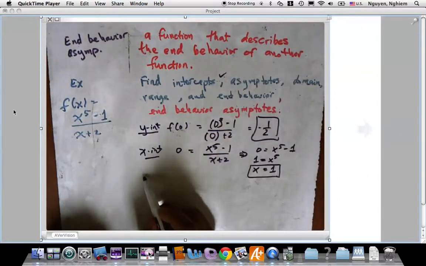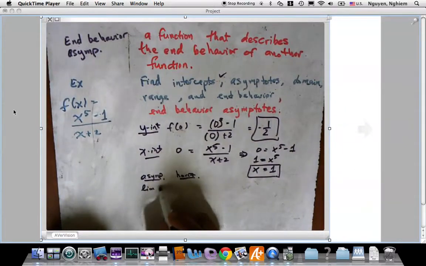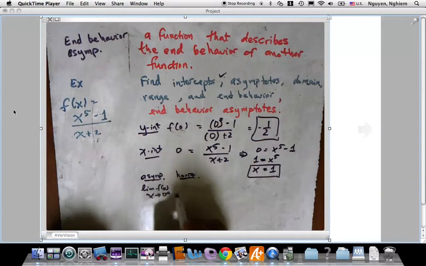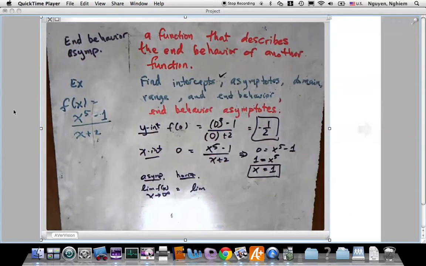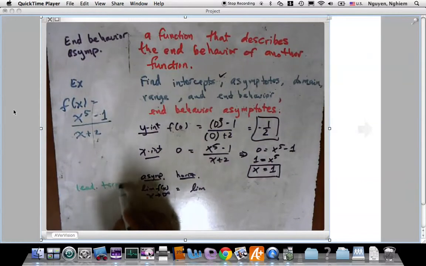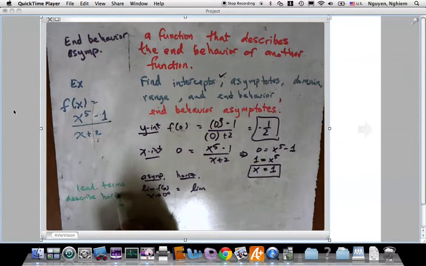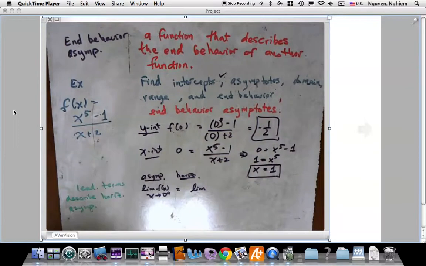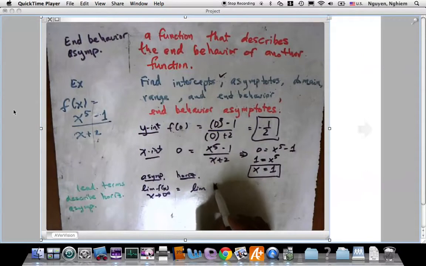The asymptotes. Well, let's look at the horizontal. And in this case, we are going to use limit notation here. Limit of f of x as x approaches infinity is really the same thing as the limit of the leading terms. Okay, so we're going to use leading terms to find horizontal asymptotes. So lead terms describe horizontal asymptotes. Okay. So it's the same thing as the limit of x to the fifth over x,